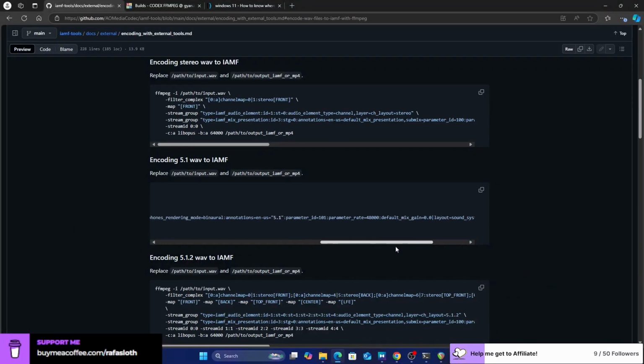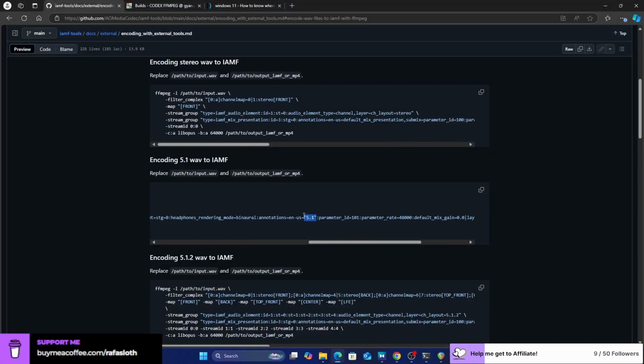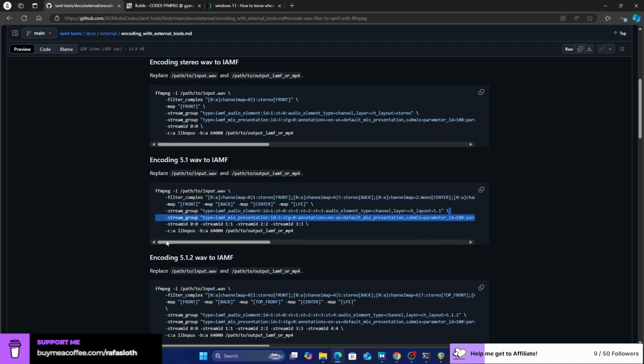These quotes here were giving me issues last night when I tested this command, and I had to remove this quote. So I was left with layout equals 5.1 without the quotes. Otherwise, it will give me an error.